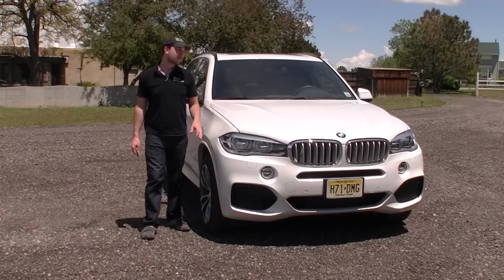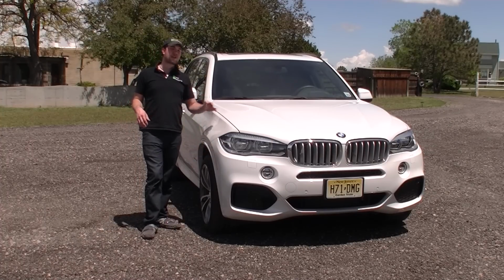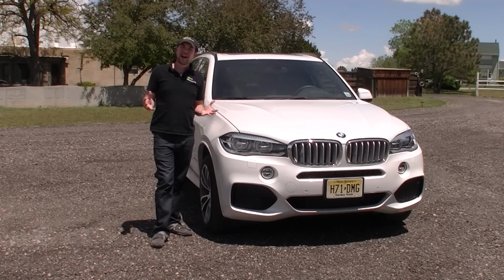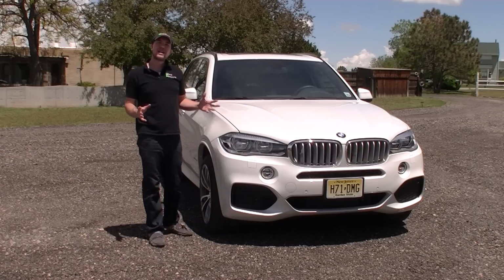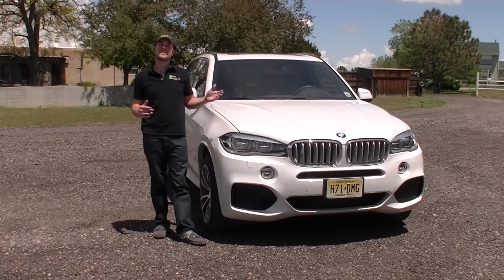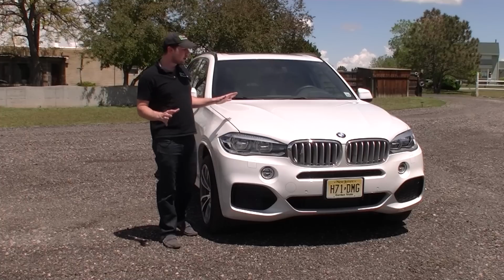All right, so from the front, the thing you're going to notice about the redesigned X5 is, well, you can't see it actually, but it has lost some weight. It also hasn't gained a lot of size. So if it looks familiar or doesn't seem all that radically different, BMW's tried to keep the proportions and the design language of the rest of the vehicles that you've seen, probably many of them here at Real Auto Reports, like the M6, the 6 Series we've reviewed, the 3 Series, the 4 Series, all of those vehicles,